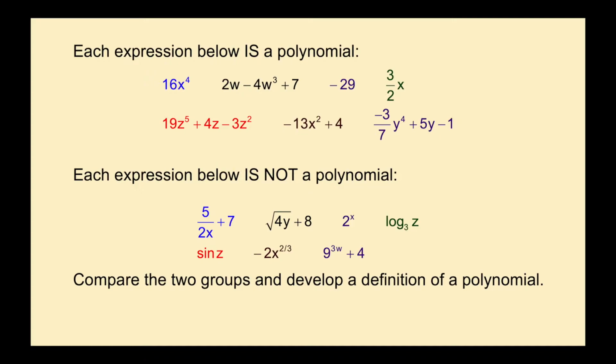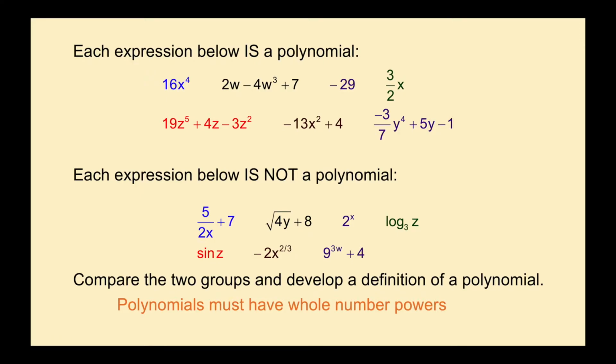So as we're looking at these two groups, one thing we want to look at is the exponents. Polynomials must have whole number powers. So as we look at the top category, each of the polynomials has a whole number as its power. We have a whole number here, this would be 1, we have 3. So if I went through each of the examples in the top, every single one of them has whole number